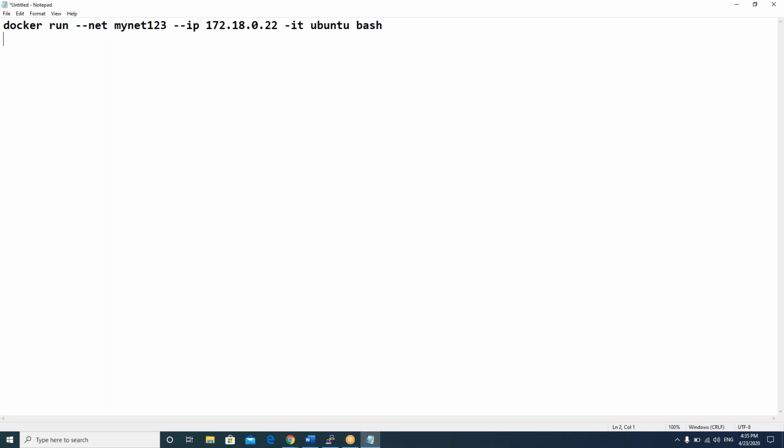--net is equivalent to --network, right? Yes, you're right. So are we not creating any network here, or are we creating a network with the bridge driver? Here we can make the network in two ways. The first is that docker0 is there, and we can completely change the default network.